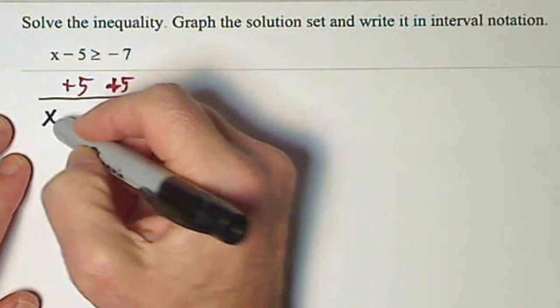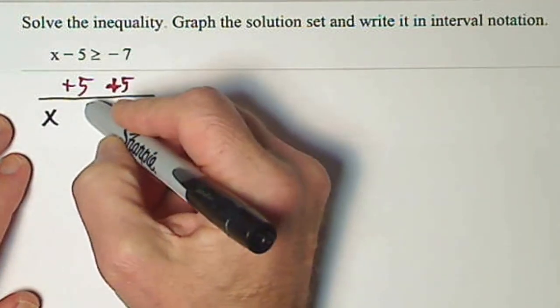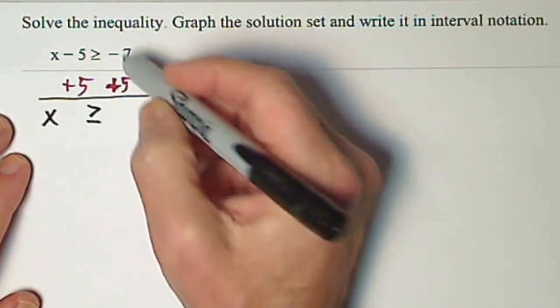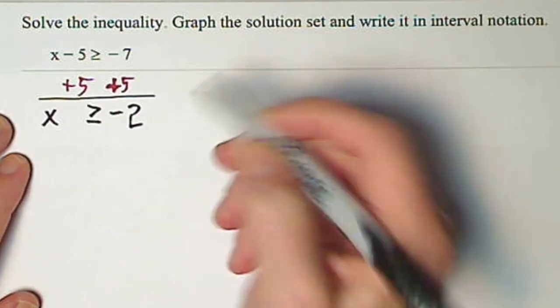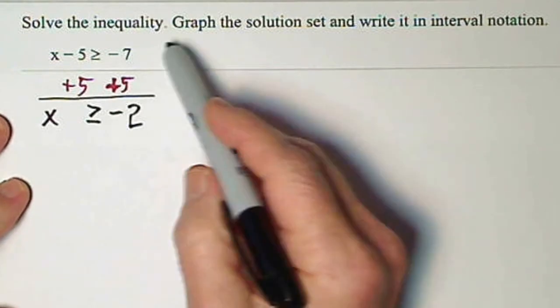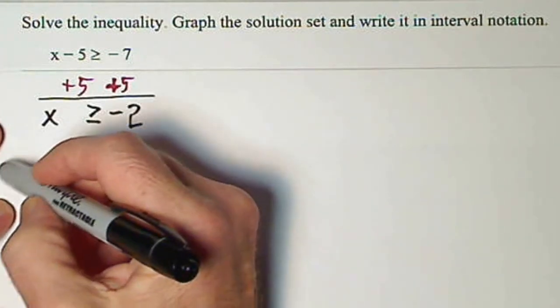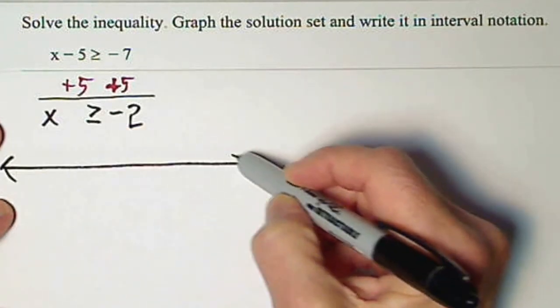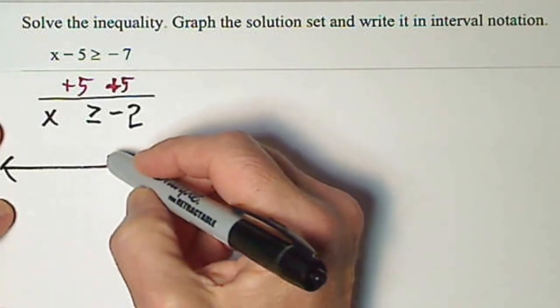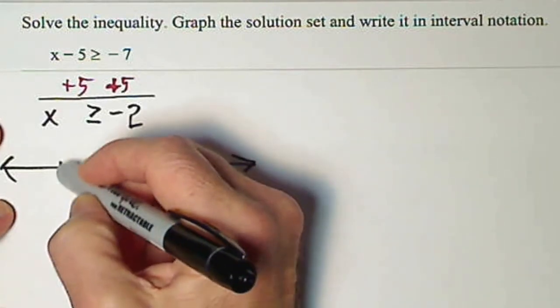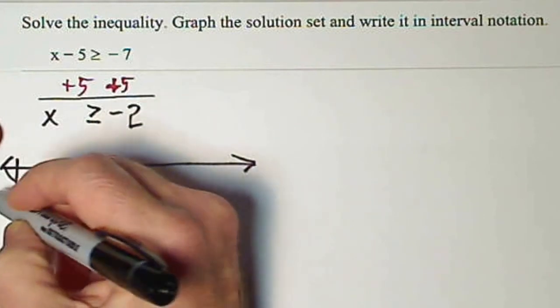Bring down your x, greater than or equal to. We're left with -2. Now we need to graph it. So here's our -2, -3,